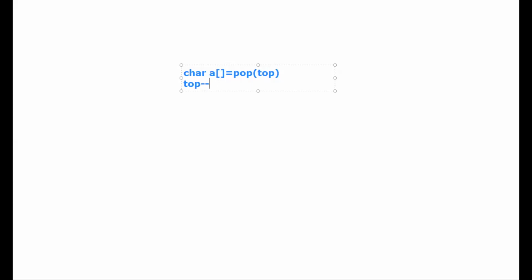Now again, pop the element. I can make it like this: char b equal to pop top. So it means that I have popped the 2 elements from the stack. Then now I have item A and item B. Then I will include the operator before these 2 character arrays A and B. This is what I will do programmatically, right?